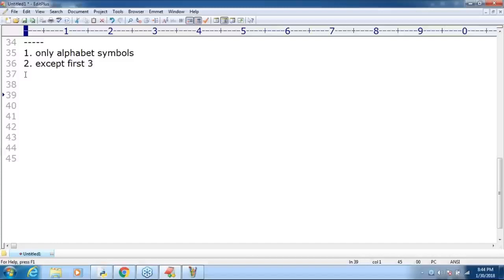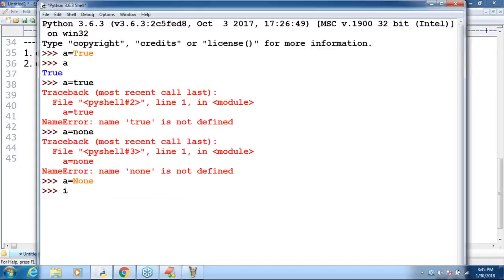Now I want to list out all these keywords. How can you do that? Very simple. Just remember: import keyword.